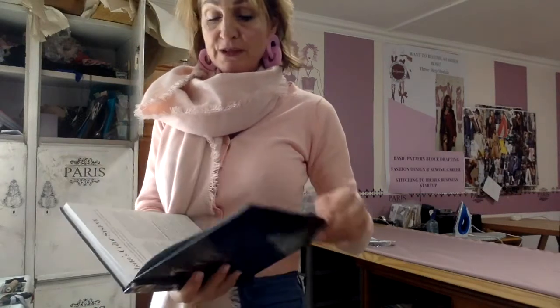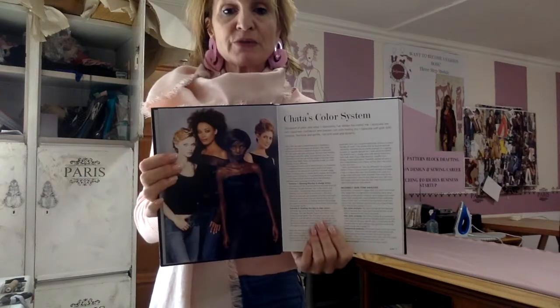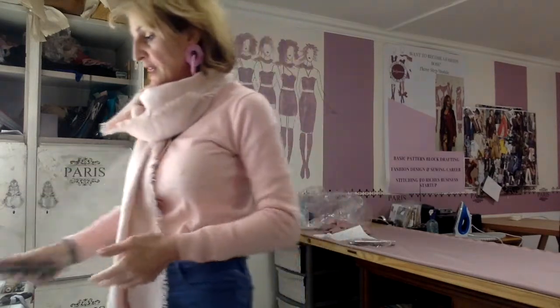So here's an old book that I've got as well, about image and change your life guide. It's all about the different types of colors and styles that will suit your different types of skin tones. So you need to start getting books about what you're going to be offering as a service to your